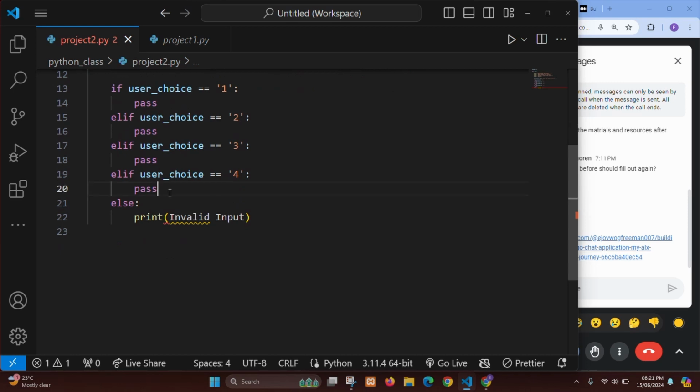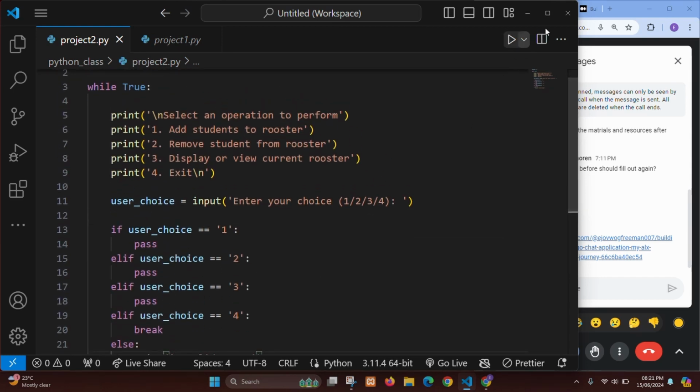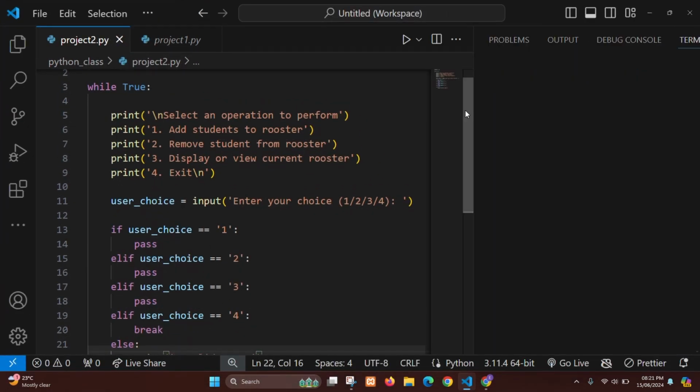Now under 4, what will I do? Just put the break statement there, right? So we are good to go. So this is invalid input in string format. So this is for this. So we are good to go, right? So my loop will keep running. So let me just open my terminal, and if I run this code,